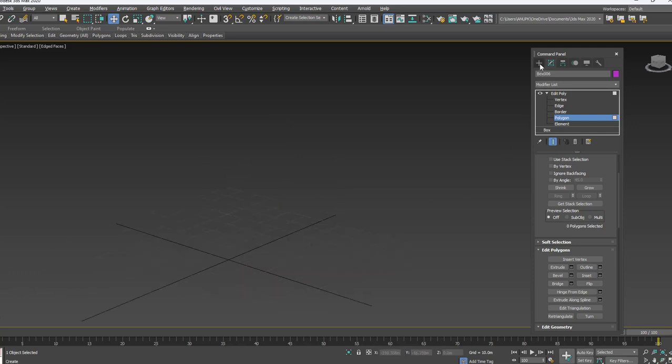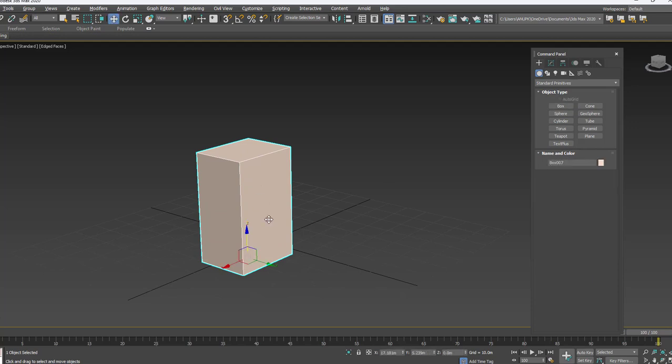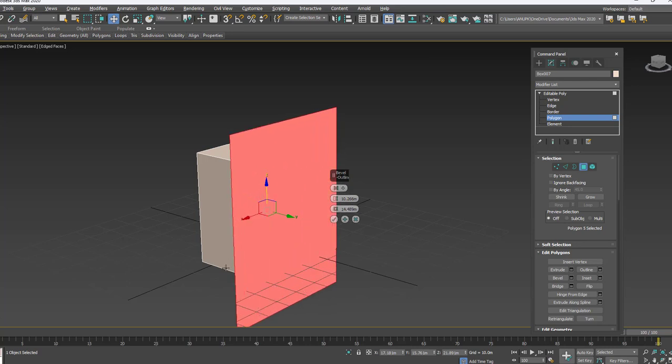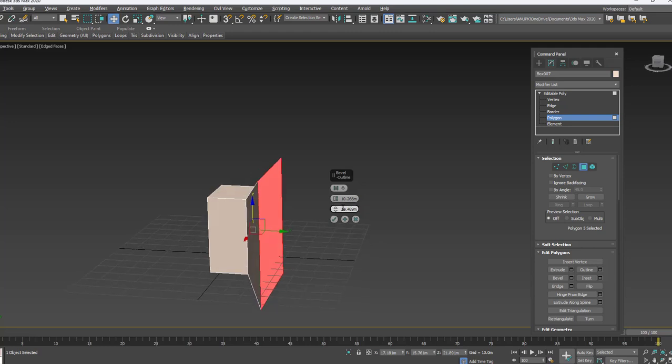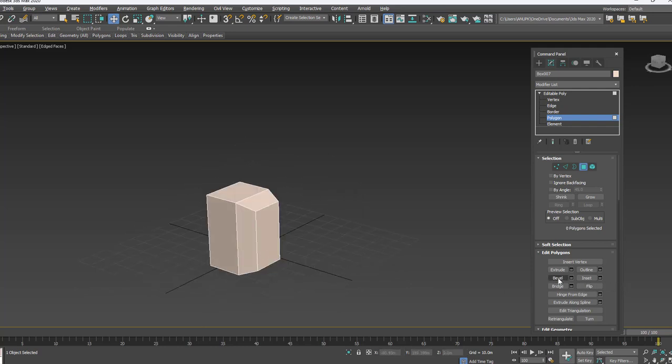Next one is bevel. Either you go with the same box or else you go with the new one. Say convert to poly, editable poly. Click over the polygon option. We learned extrude, outline, bevel. Let's learn bevel setting. Just like the extrude, we can do inside or outside. Only the thing is you can taper it little bit like this way. Even inside, and then finish. Even you can add the number of steps by using the bevel.